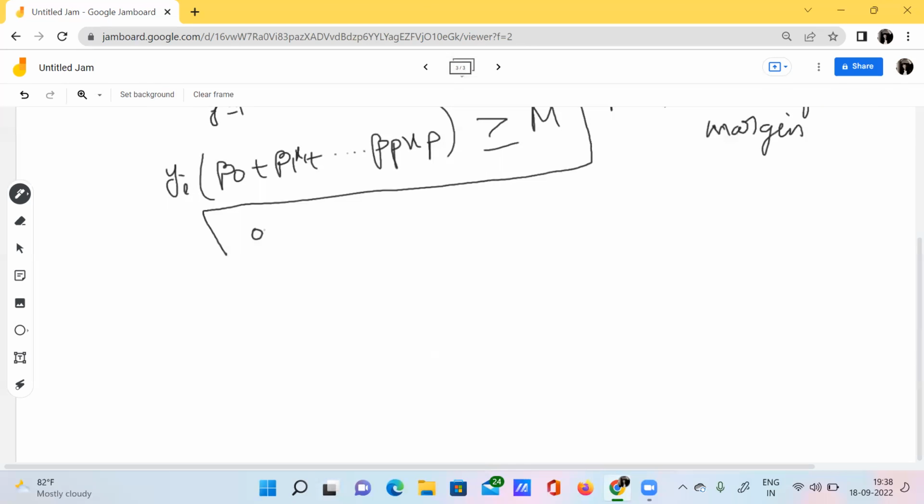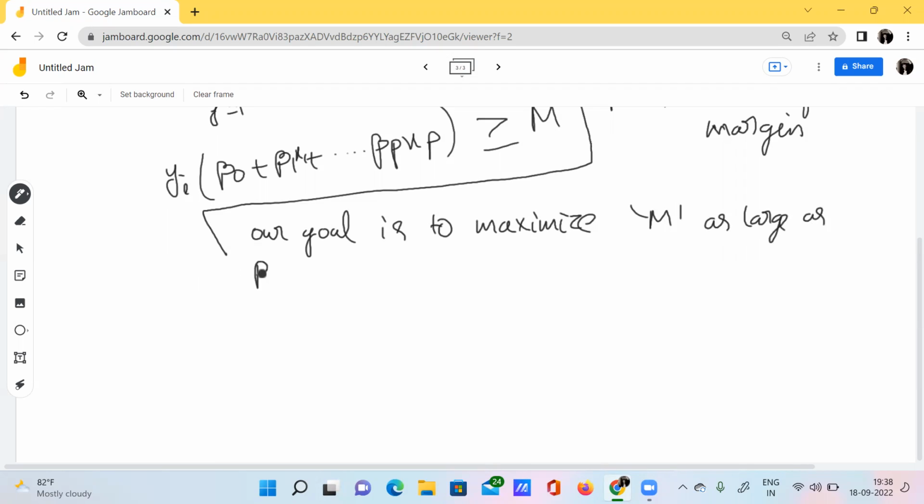So our goal is to maximize M as large as possible.